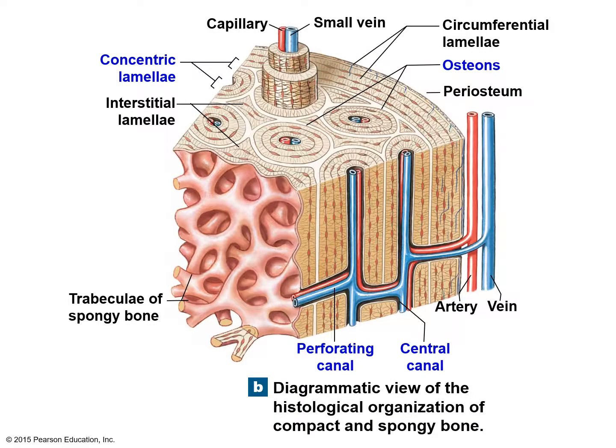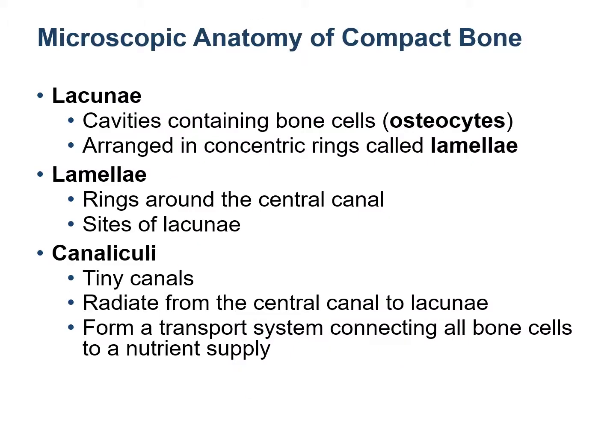In the osteon, around the central canal are concentric lamellae. Concentric lamellae means rings of the bone cells around the central canal. Mature bone cells, which are known as osteocytes, are present in pocket-like structures called lacunae, and the lacunae are arranged in the lamellae. Once again, the lamellae are concentric rings around the central canal. Concentric means there are multiple rings with a common central point, and these are gradually increasing in diameter.